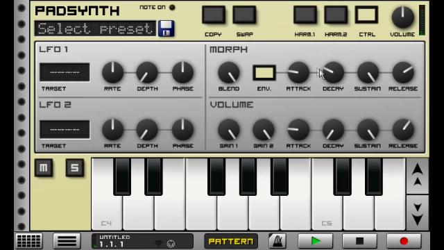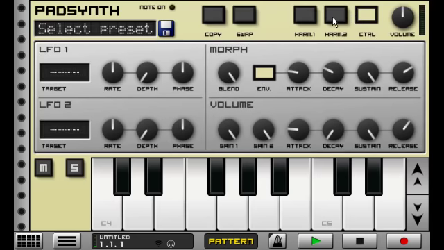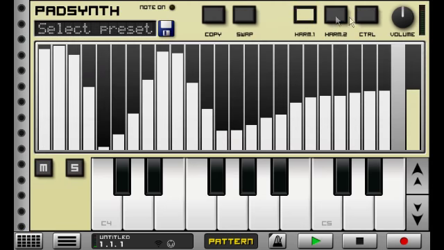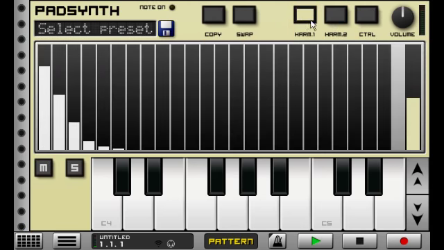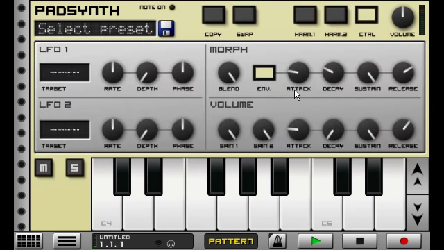In this case, I'd probably want the harmonic tables to swap out and kind of have the purer sound at the beginning and the more chorusy vocal sound midway through the envelope as the note is held. So what I can do is go to one of these tables and press the swap button, and that'll swap the values in the tables. So now when I go to my morph envelope,